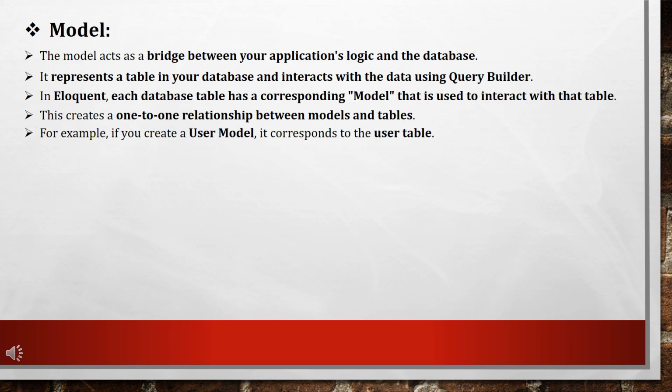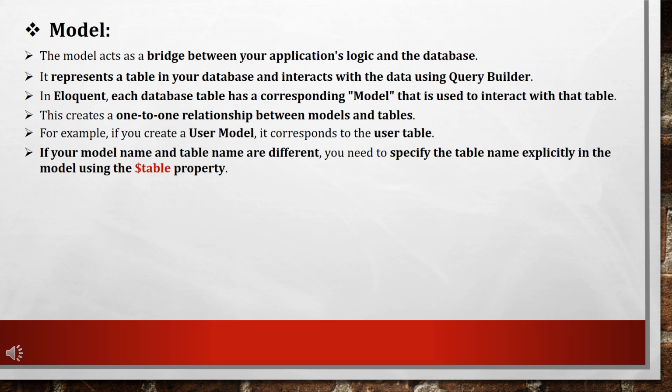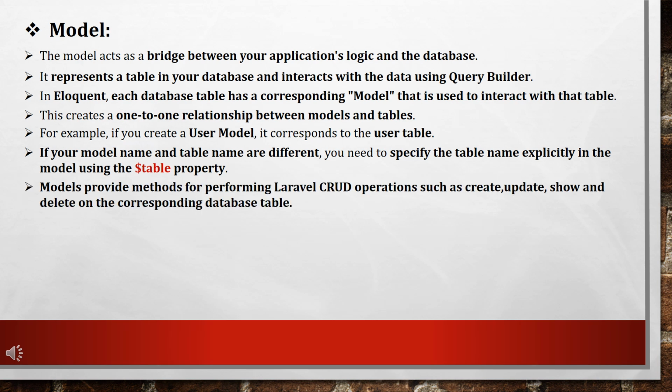For example, if you make a user model, it corresponds to the users table. If your model name and table name are different, you need to specify the table name explicitly in the model using the $table property. Models provide methods for performing Laravel CRUD operations such as creating, updating, showing, and deleting on